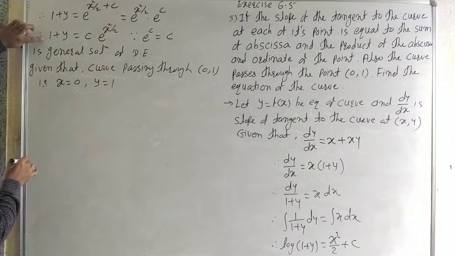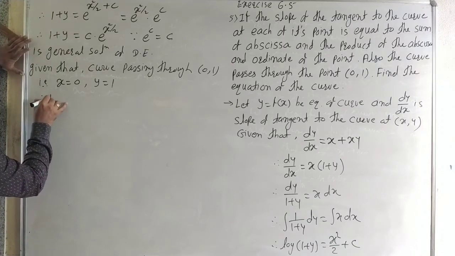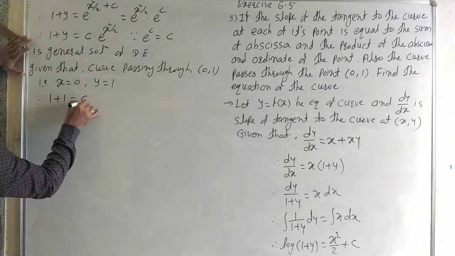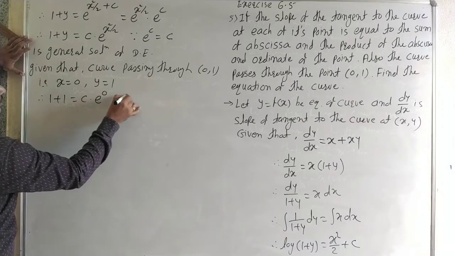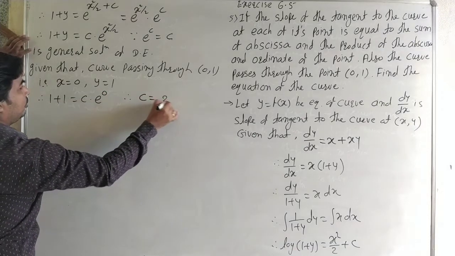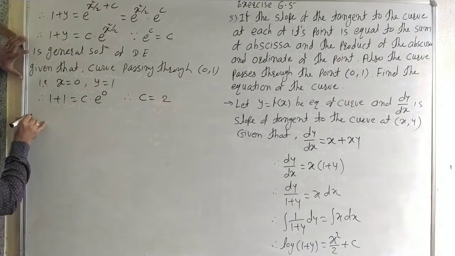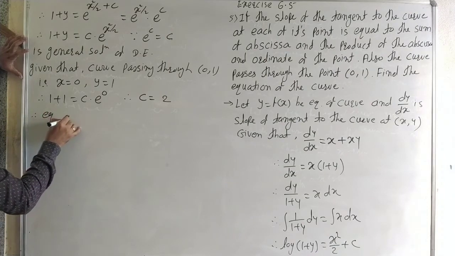Put x is equal to 0 and y is equal to 1 in the general solution. Therefore 1 plus 1 is equal to c into e to the power 0, and therefore c is equal to 2. The value of c is 2, and therefore the particular solution, which means the equation of the curve,